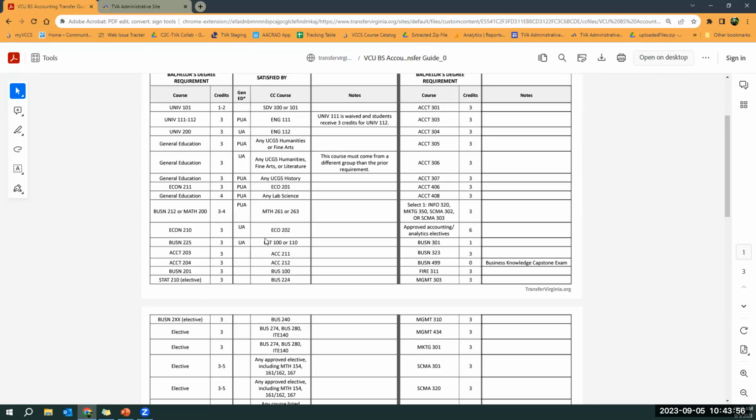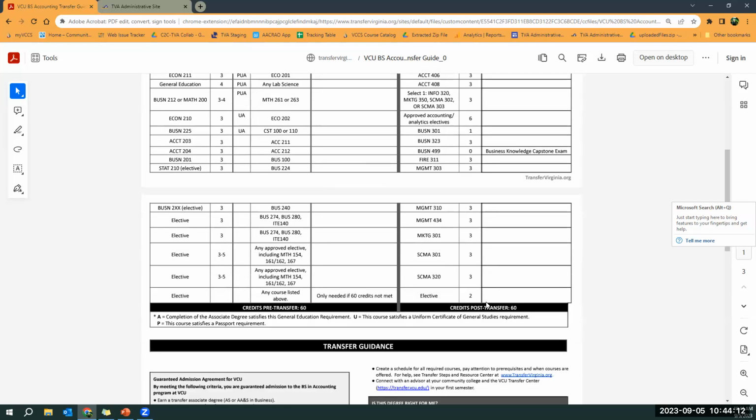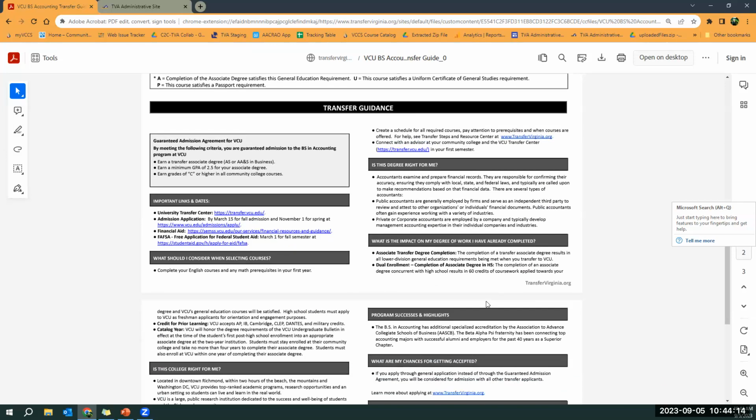So those will all be noted there in the notes column. On the right side, those are the courses that students will take after they transfer to VCU in order to complete their bachelor's degree. Again, there are notes if there's anything that needs to be specified by the 4-year institution. And finally, on page 2 of the document, there is the transfer guidance section,